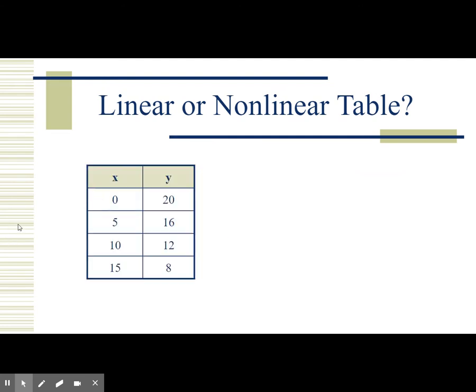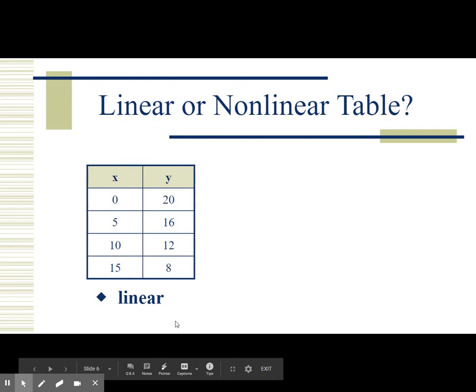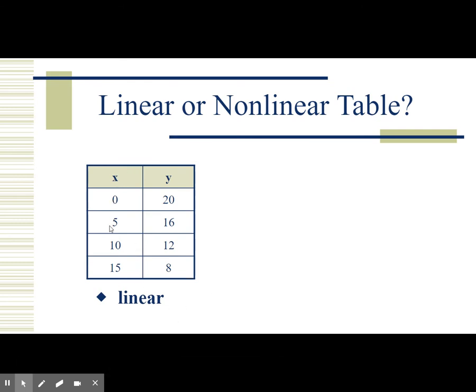All right, so let's take a look at that table. Look at it and you decide. Pause the video, decide whether you think it's linear or nonlinear. All right, hopefully you pause the video and you have a decision, and let's see if you were right. It is linear. The x side goes up by 5 each time. The y side goes down 4, down 4, down 4. Since it changes the same each time,